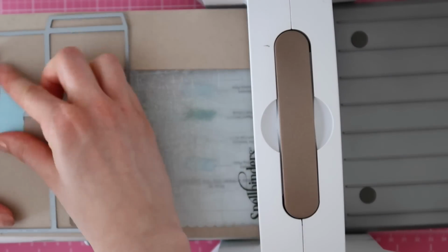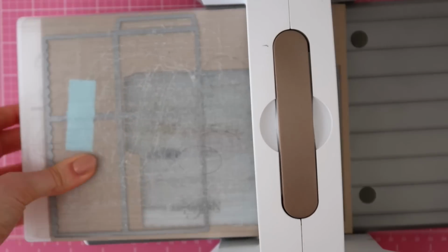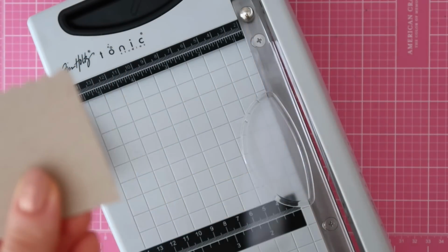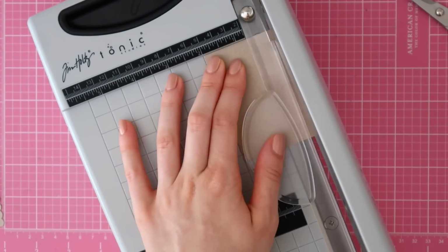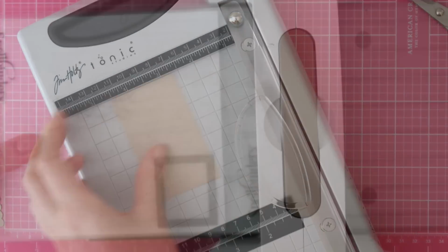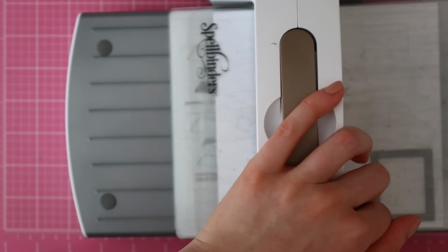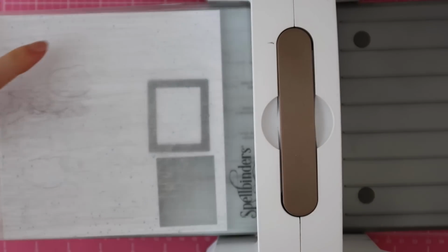So I'm just going to run my main panel once more through my die cutting machine using the same Neenah Desert Storm cardstock. And I am using that scored line as a guide so I can see where I have to cut it with my guillotine. I'm using these little stitched rectangles and squares from the die cut set, and I am die